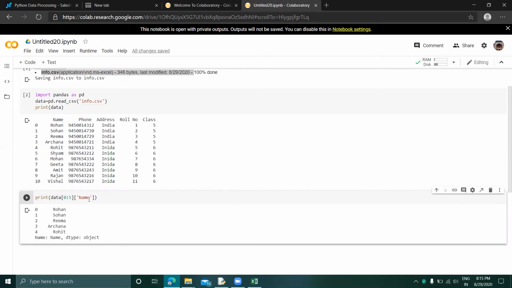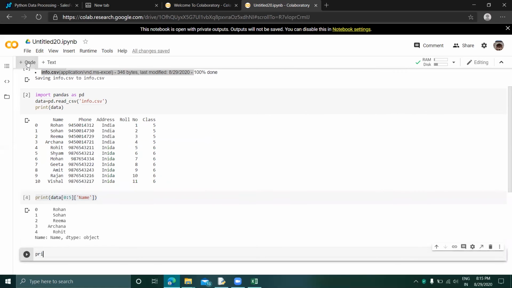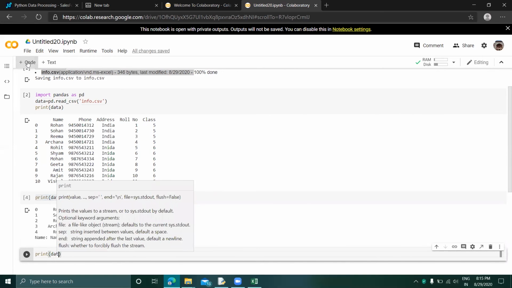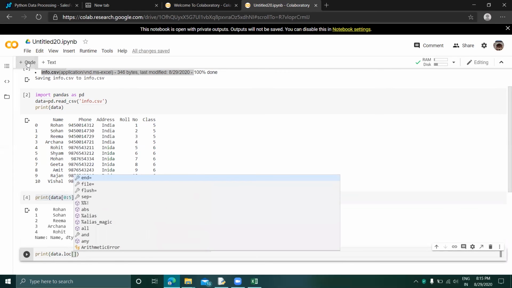Now we have seen how to select specific rows, so let's see columns. Take another tab and print data.loc. When we use loc, it means we are using more than one dimensional data.